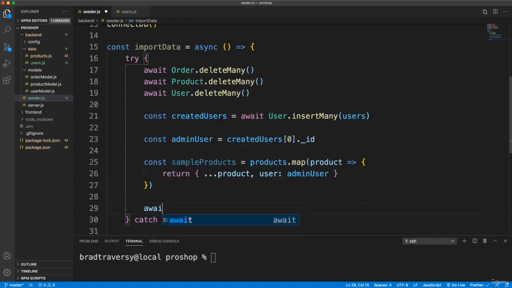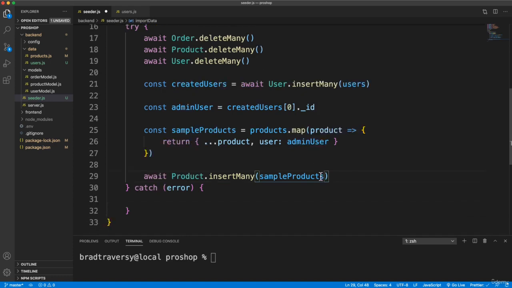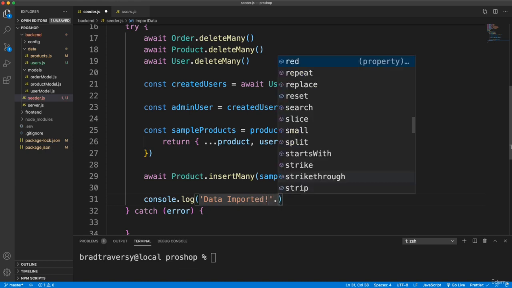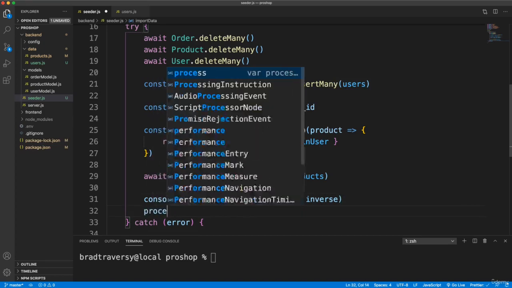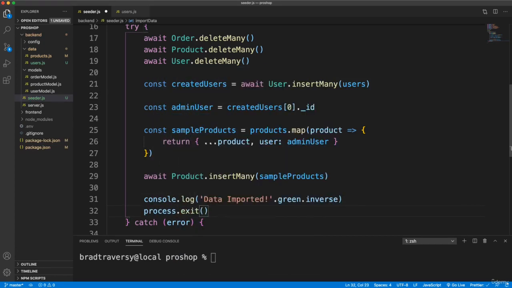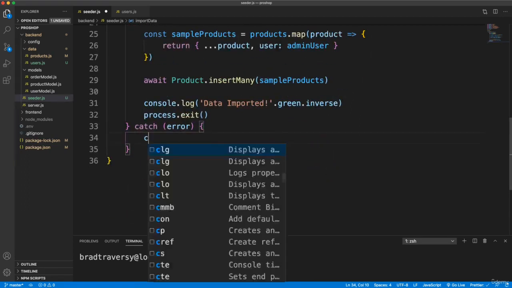So now we want to call await, take the product model, and say insertMany, just like we did above with users, and pass in the sample products, which is going to be all the product data, including the admin user. Now, once we do that, we're going to just console log, and I'm going to log data imported, and let's just add on here .green.inverse, so we'll use colors here, and then let's do process. We just want to exit from the process, and if something goes wrong here, we'll do a console